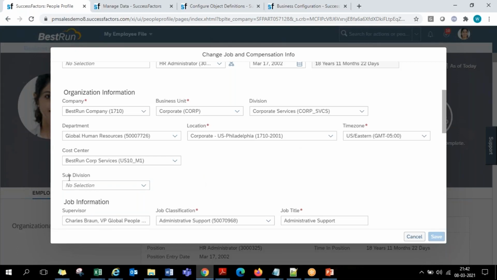When it appeared as free text, to turn it into a drop down, we linked the custom object we created with this custom field using the type reference object field. Then this has started coming. But until it's completed, as per association, all the values should not come. We have an association between subdivision and the standard division. Then whatever is connected with corporate services, only that should come here under subdivision.